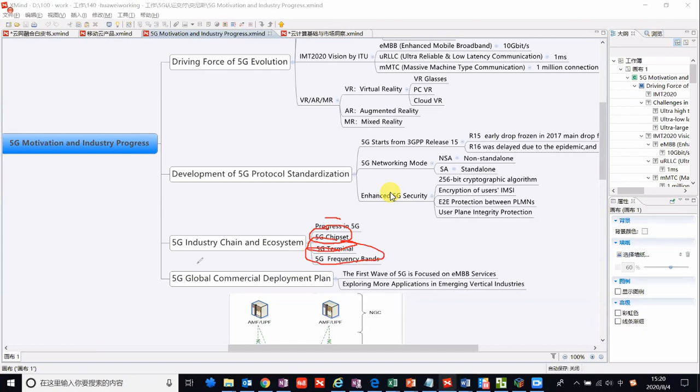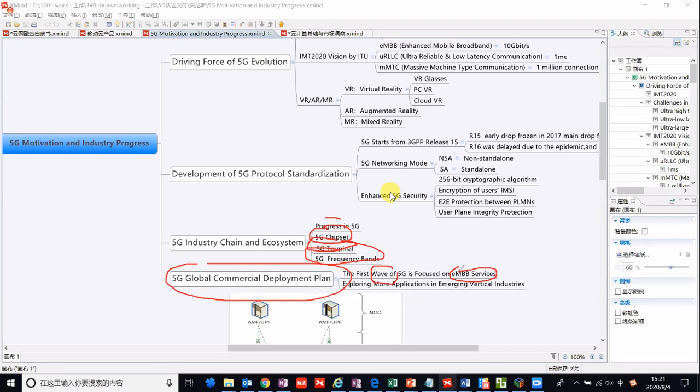And the 5G global commercial development play. The first wave focuses on eMBB scenarios, like AR, VR, HD video, and HD live broadcast, and some public security.